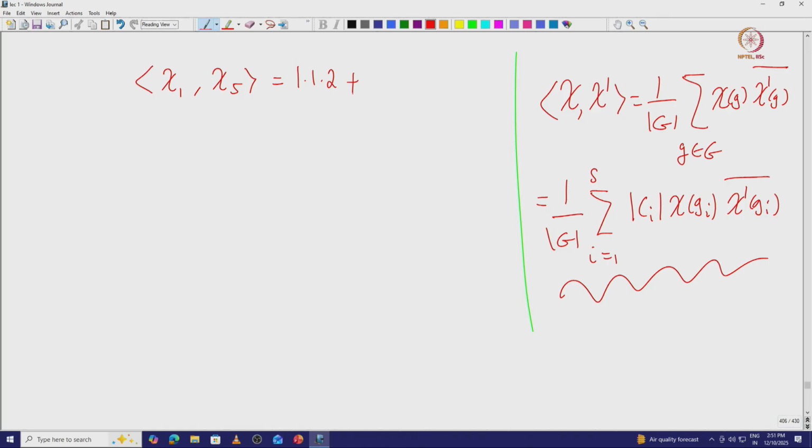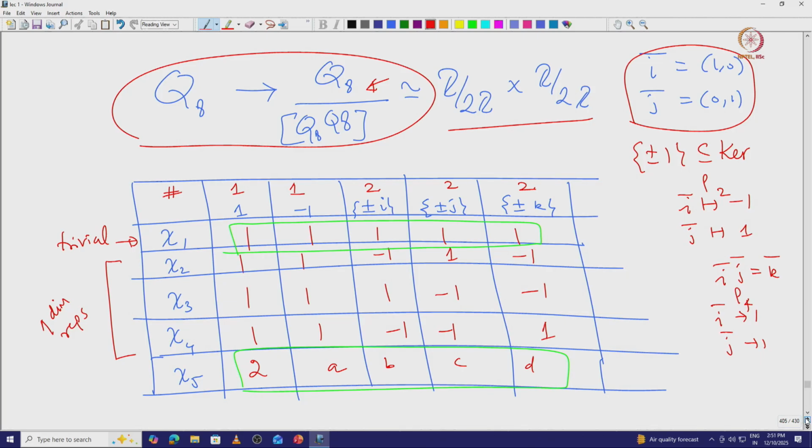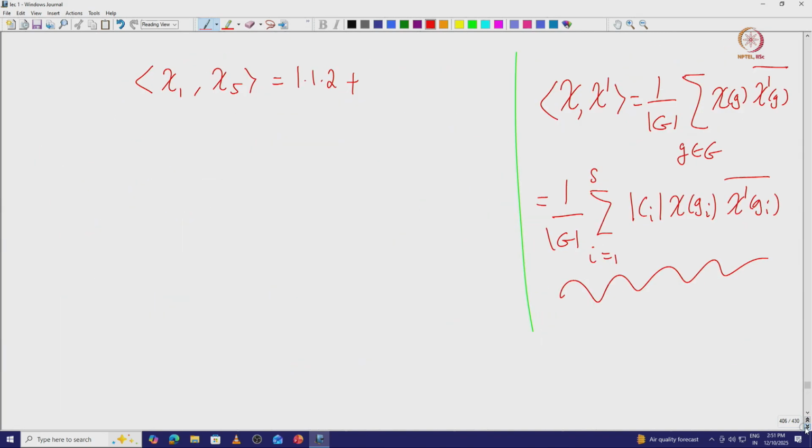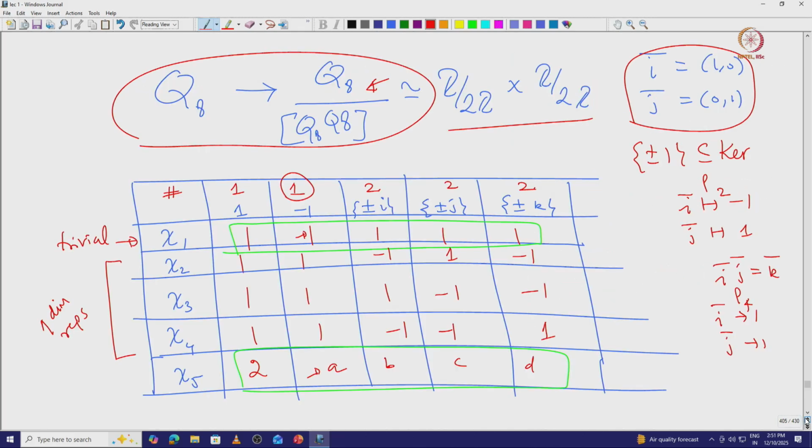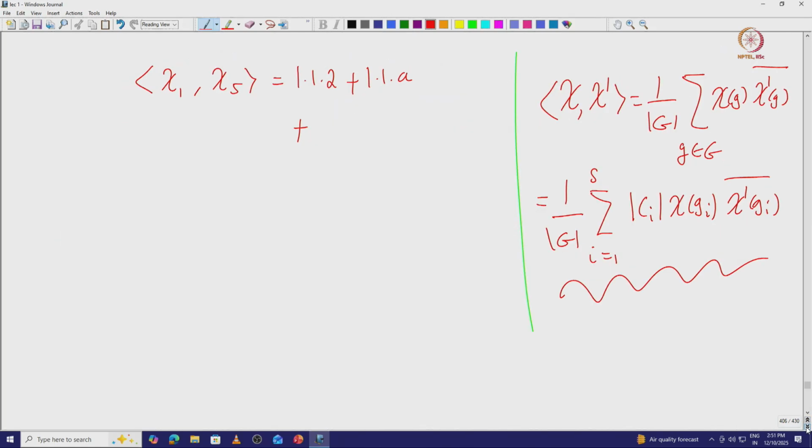Similarly, the second conjugacy class has cardinality 1 and the value is 1 here, and then the value is A. So, you get 1 times 1 times A. Similarly, the third one is 2 times 1 times B. If you write all of them you get 2C and 2D, which is supposed to be 0. Similarly, when you compute chi 2 chi phi,